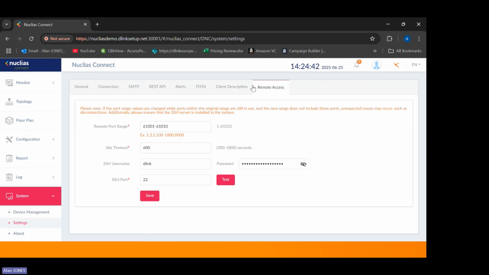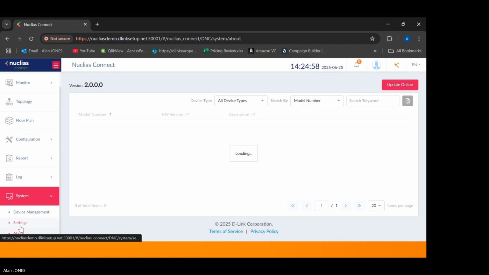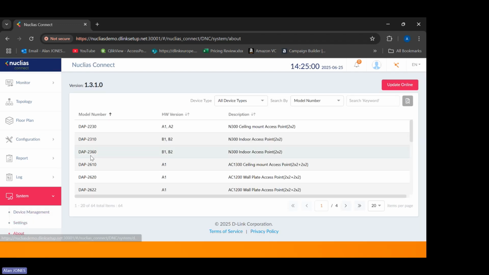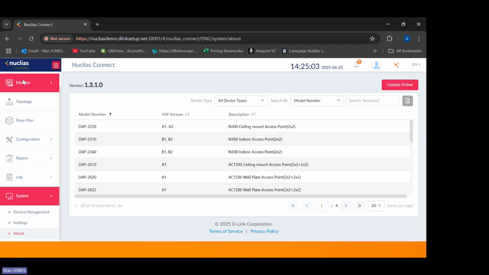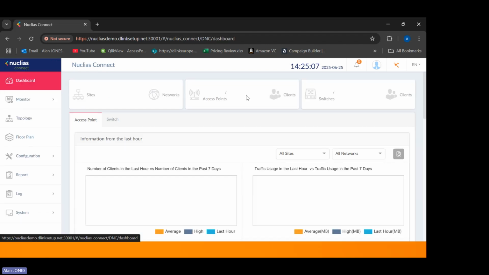And of course, you can manually set up things like remote access. This is firmware upgrade for the actual Nuclias, in this instance a Nuclias Connect hub. So that was a very, very quick run through the platform itself. Hopefully it gives you an idea